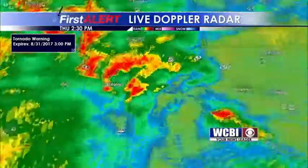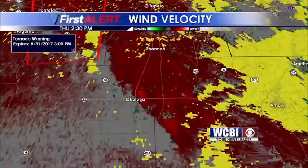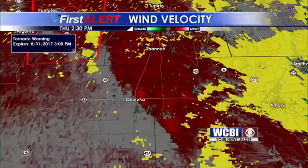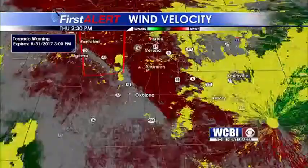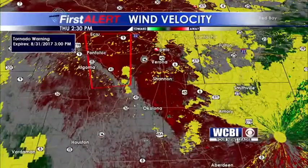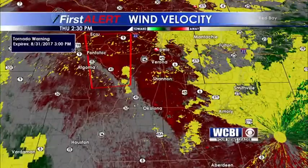Over in Chickasaw County, this little shower is starting to spin up. This is near Okolona. No warning for this, but something we'll have to watch pretty closely here for the next few minutes. Crossing Highway 32 right now, the same movement here north. This is going to be pretty close to where the other storm was, maybe just a tick or two to the east of it. But again, obviously,